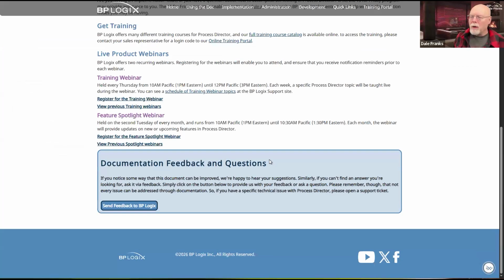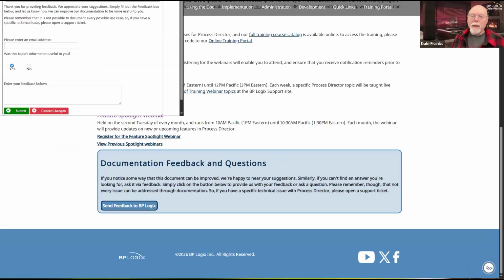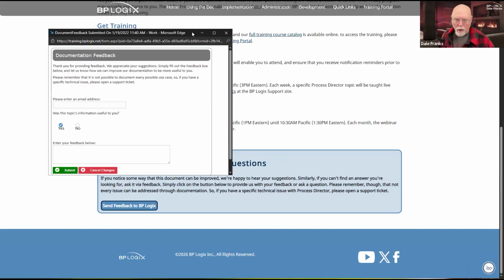For example, if we go to our product documentation, at the bottom of every documentation page, there is a Send Feedback to BP Logix button, which when you click it, actually opens up a Process Director form on training.bplogix.net, where you can tell me that I have a typo on a certain page, or there's something missing, or you need a clarification about something. So we have this documentation feedback.